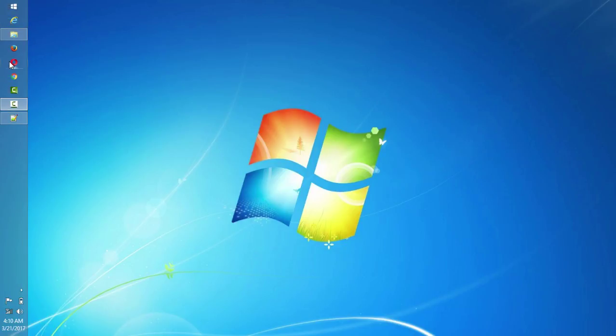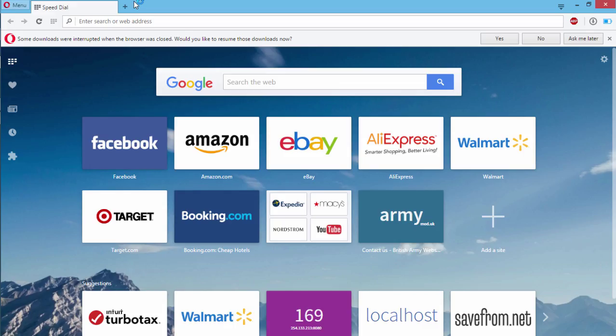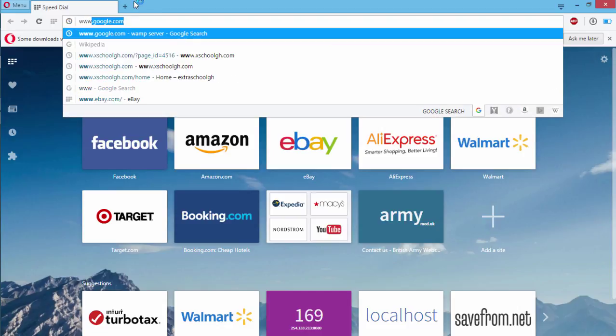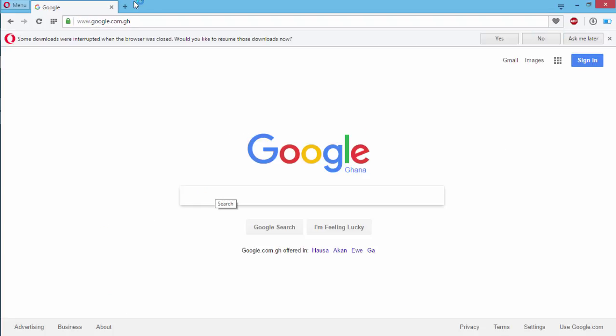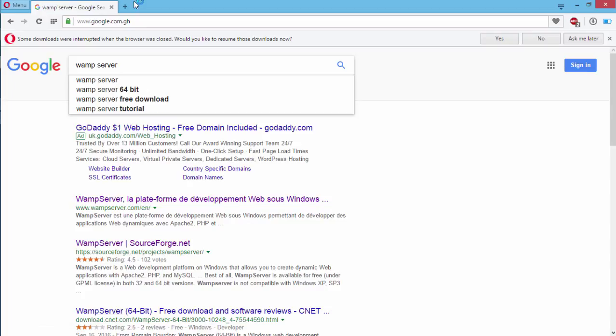You can move to your web browser with a fully working internet, okay, and you quickly dash to google.com, www.google.com, and you look for your information. So the information of interest here is Wamp server. So you can just begin to type Wamp server. Okay, so we have some options that Google has brought us to. So probably let's select this Wamp server from